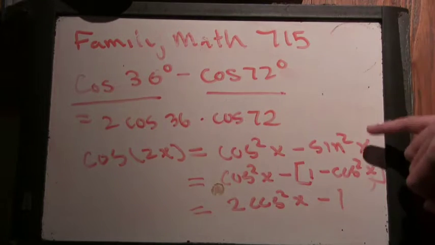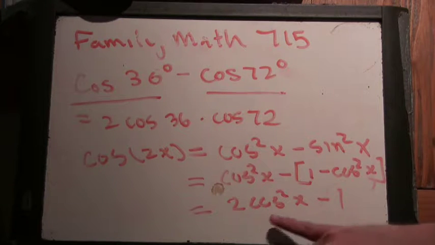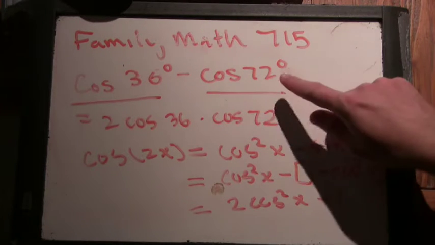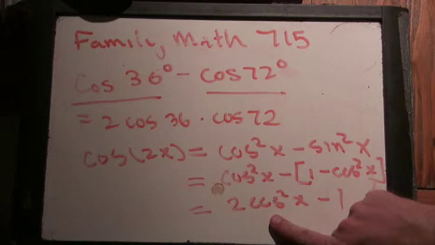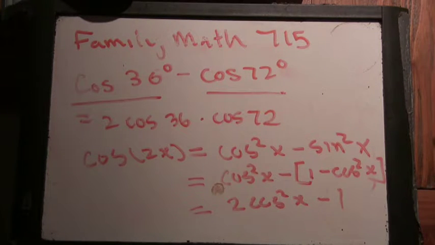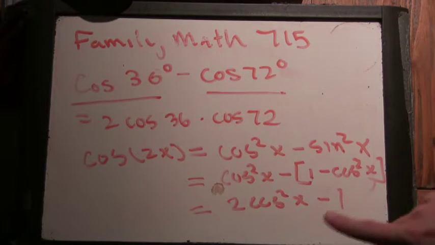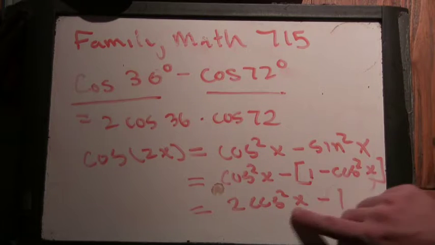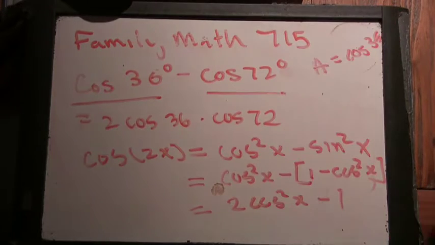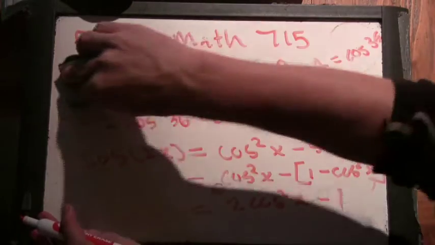So this formula can be simplified two ways. We can turn it into 2 cosine squared x minus 1 or 1 minus 2 sine squared x. But since we have cosines here, it's nice to put this in terms of cosine. And if we let x, I already used x, sorry. So I'm going to let a equal cosine of 36. Okay. Then from this formula, I'm going to get